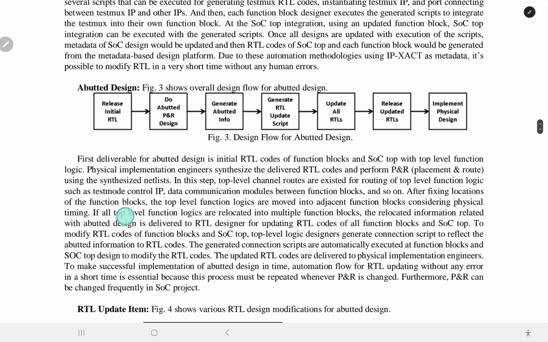If all top-level function logics are relocated into multiple function blocks and the relocated information related with the abutted design is delivered to the RTL designer for updating the RTL code of all functions of SoC-top. To modify the RTL codes of function blocks and the SoC-top, top-level logic designers generated the connection script to reflect